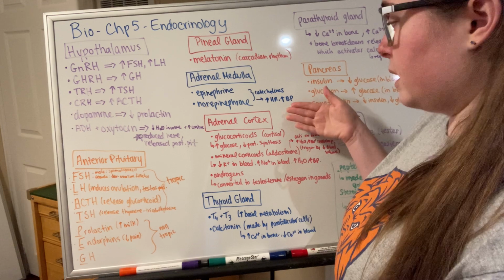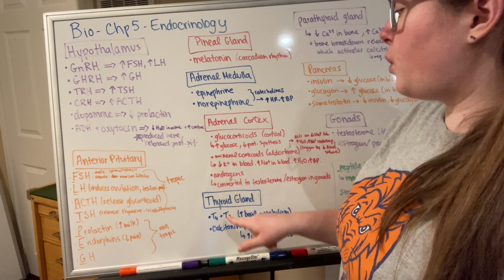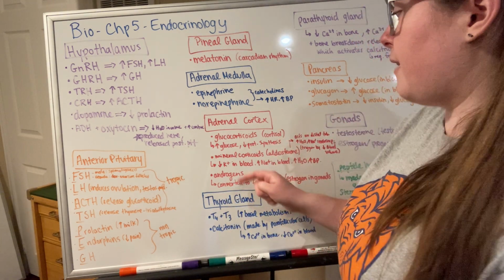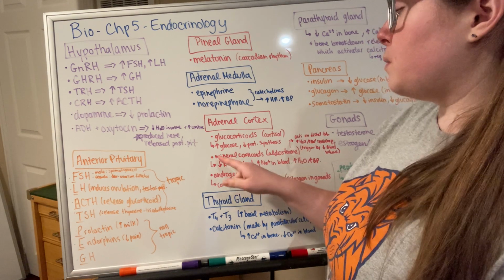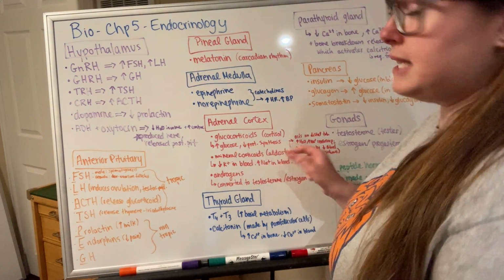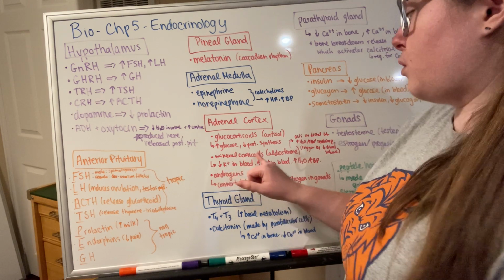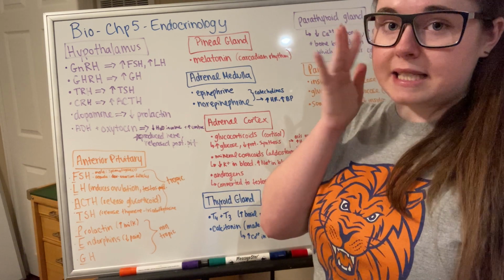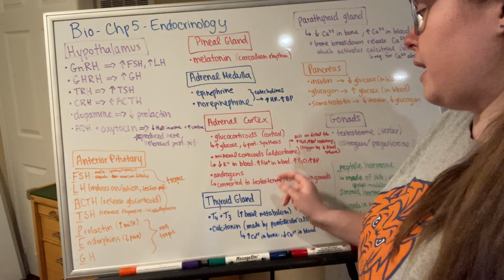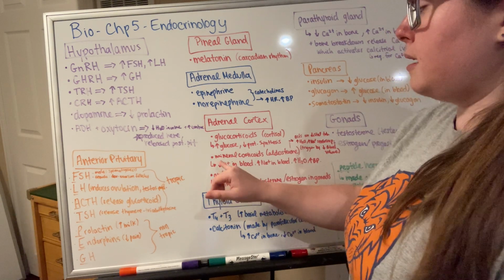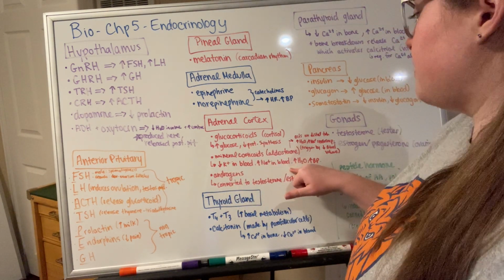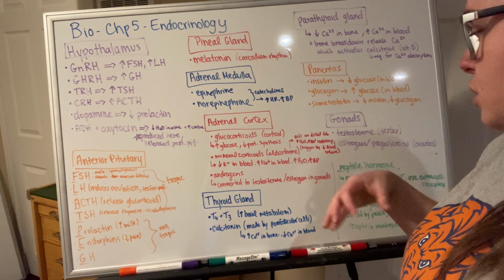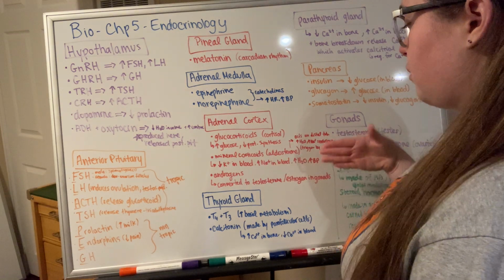Then we have our adrenal cortex, and this is where our glucocorticoids, our mineralocorticoids, and our androgens are secreted. So we have glucocorticoids, for example, cortisol, which will increase glucose and decrease protein synthesis. Then we have mineralocorticoids, like, for example, aldosterone, which we will see in a later chapter as well when we're discussing the kidney. But the mineralocorticoids and aldosterone will decrease the potassium in the blood, increase sodium in the blood, and increase the water in the blood, increase H2O as well, as well as increase blood